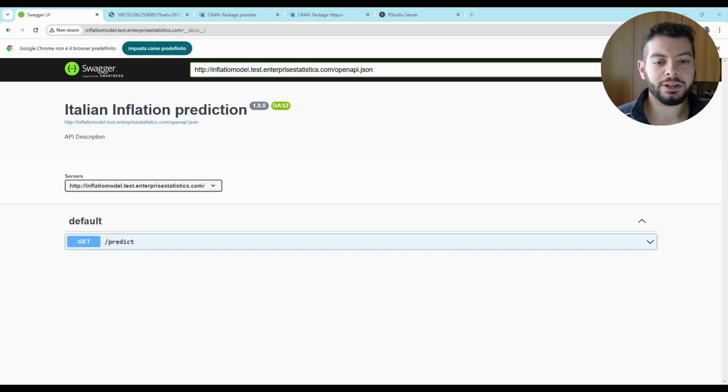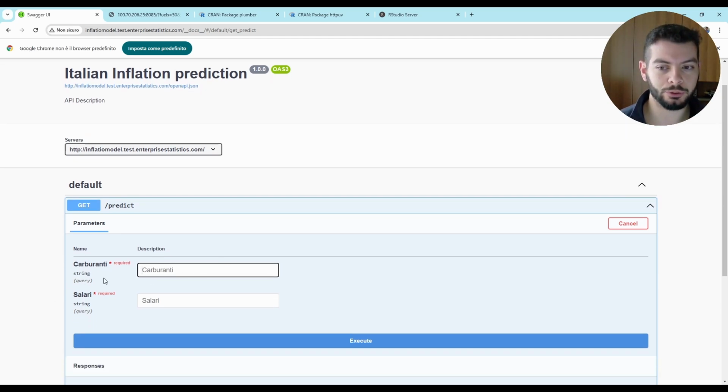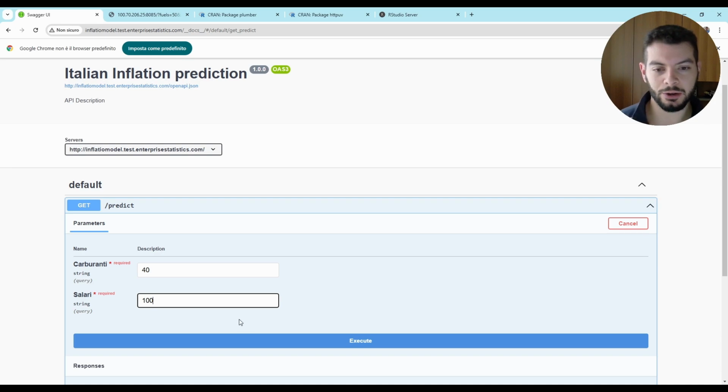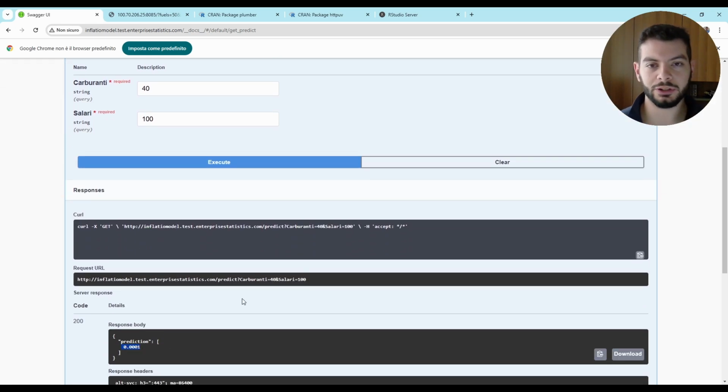In this case, we can consume this model with this button where we insert the values required, and of course you have to know the model in order to understand what to put inside. And if we put these values, we have a response that of course needs to be translated, because it is a transformed version of the actual target variable, that is the inflation.